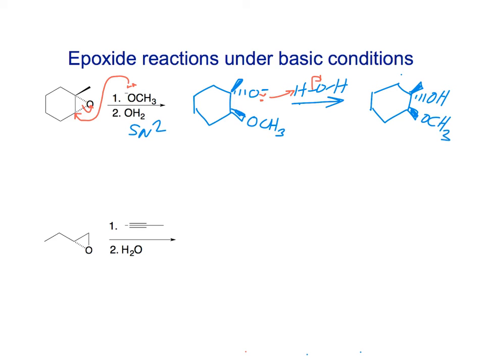So notice that our two new groups here are again trans to one another. Right? This is SN2. We get inversion of stereochemistry. Now in this case, so under basic conditions,